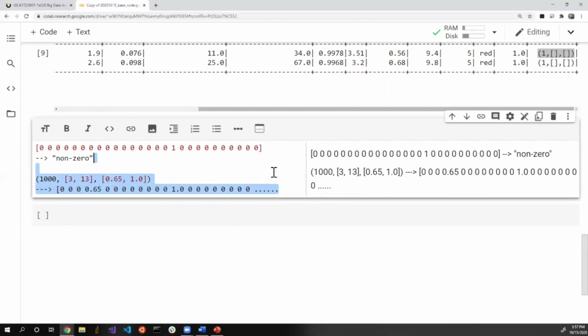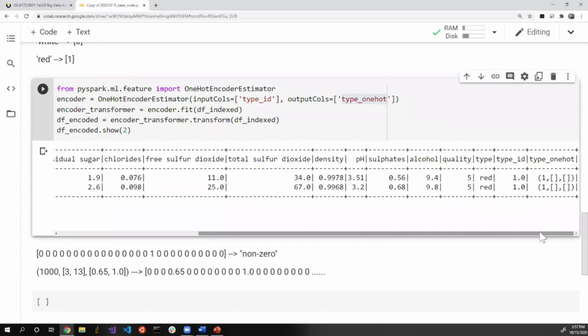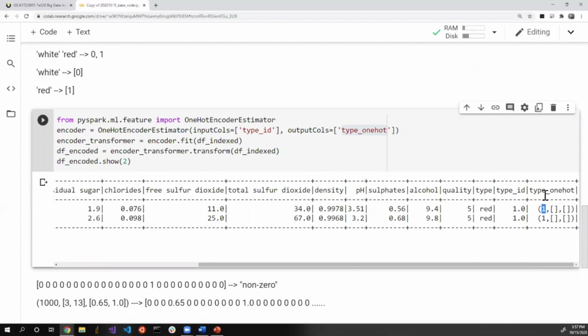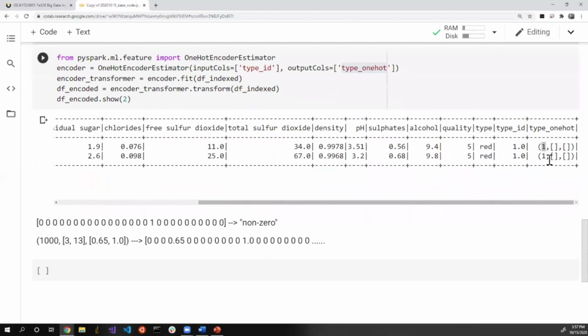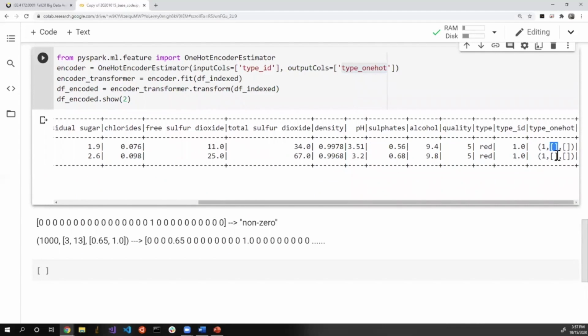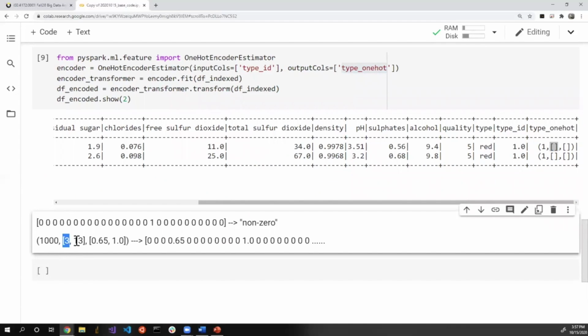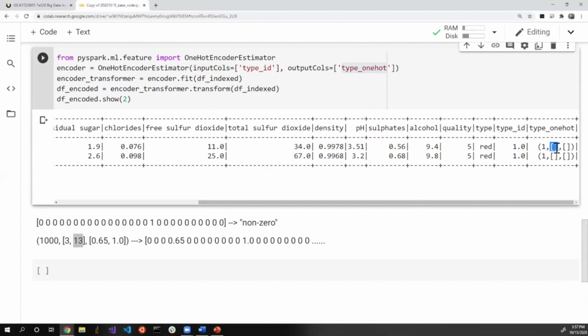So with that being said, let's go back to this representation. Here we have a sparse vector representation. The first thing is the dimension. So we have a one-dimensional vector, which is what we expected, right? And then the first element is where we store the positions of non-zero values. So third position and 13th position in this particular example. In our table, we have an empty list, right? So that means there's no non-zero element, which means it's a one-dimensional vector that is filled with zeros,